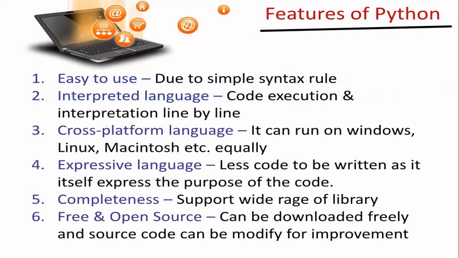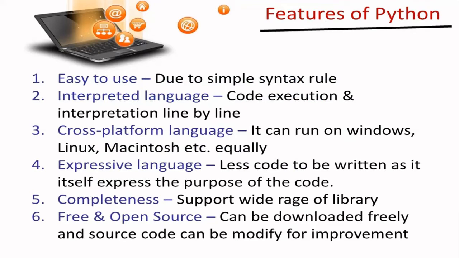There were many advantages of Python that I told, especially how it will help you, that it is easy to use because syntax rules are simple. Syntax rules are like English grammatical rules that we have. Similarly, programming languages also have rules and they are called syntax rules. It's an interpreted language. I had told you all in amongst the first classes that programming languages can be of two types. They can either be compiled or be interpreted. We spoke about the differences between an interpreted language and a compiled language.